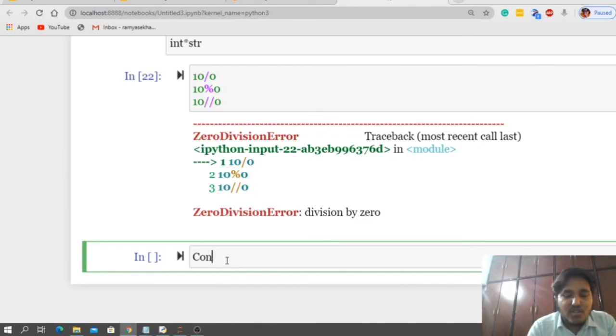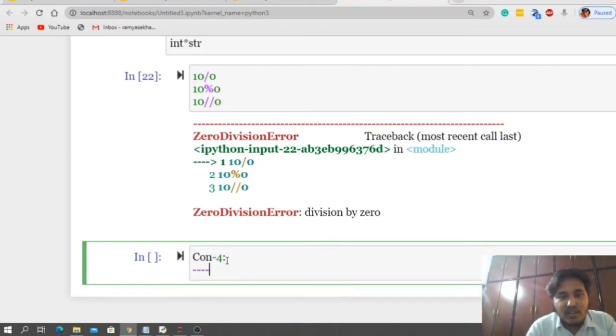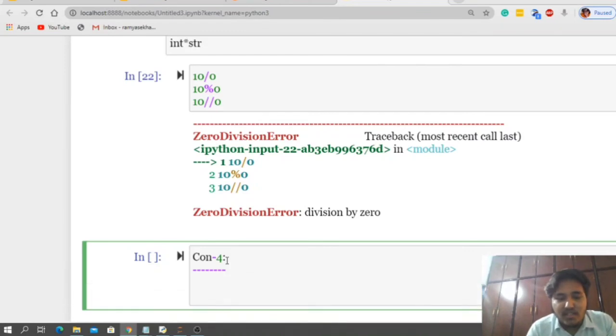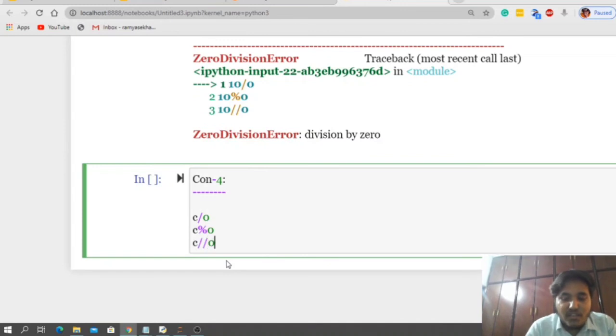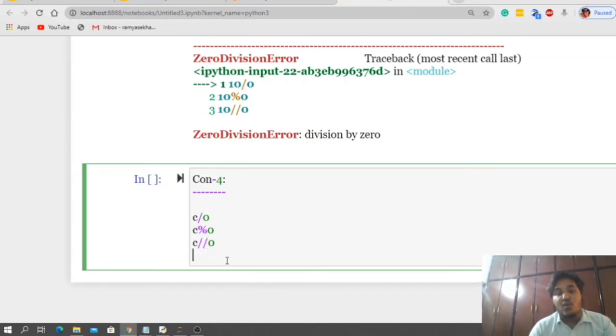What is the conclusion number 4 we are getting? The fourth conclusion is x by 0, c by 0, c mod 0, c floor division 0. In all these four cases, what output are we getting, guys?